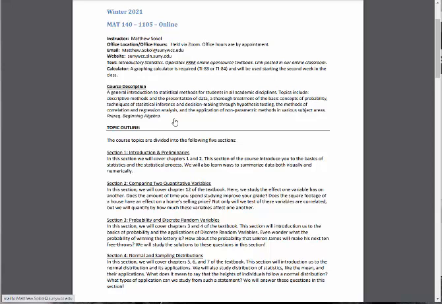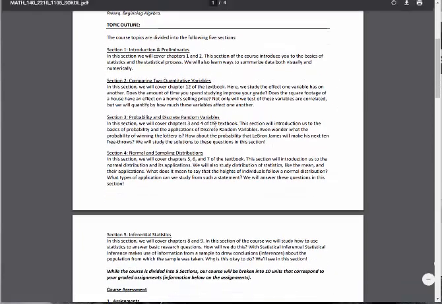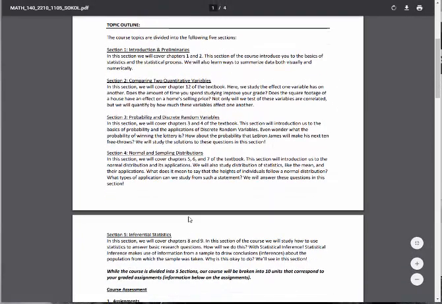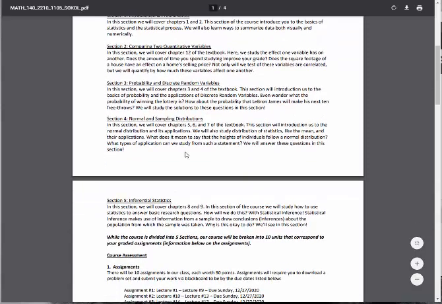One thing I like about this course is that it's designed for students in any academic discipline. So it's not just math majors, right? If you think about it, this course is going to be about statistics and data, and that's something that's applicable to the real world for all of us. So, no matter what your academic discipline is, you'll get a lot out of this course. I'll let you read the topic outline. I also have a video lecture about this later on in the class. I'll show you where to find that. But what I want to go through is